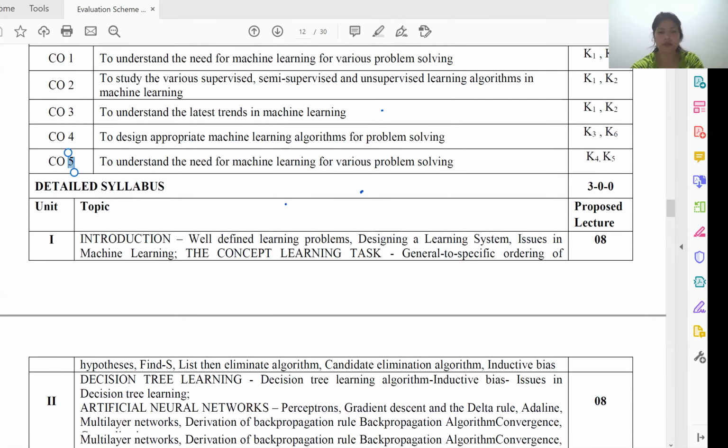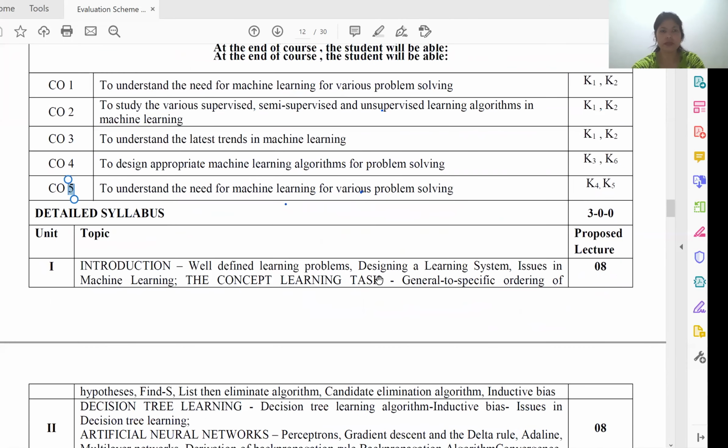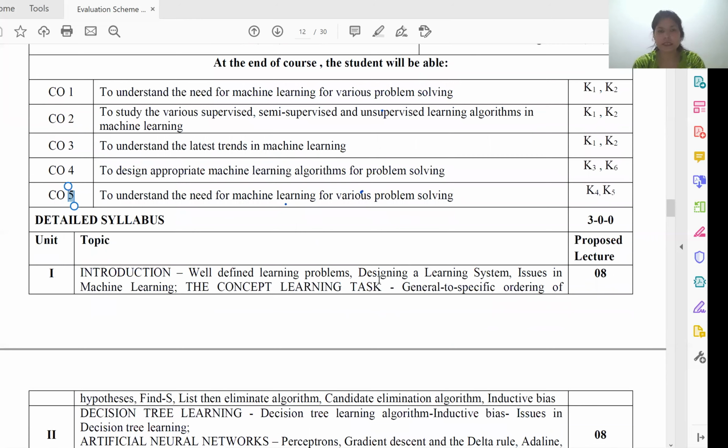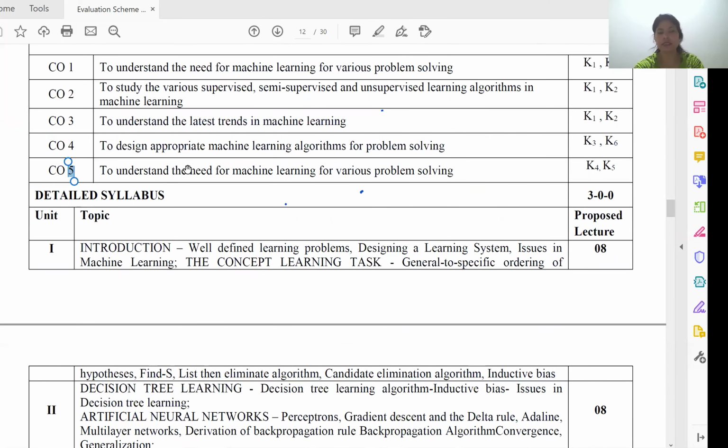After completing unit 3, you will be able to understand the latest trends in machine learning. After completing unit 4, you will be able to design appropriate machine learning algorithms for problem solving. And at the end of unit 5, you will be able to understand the need for machine learning